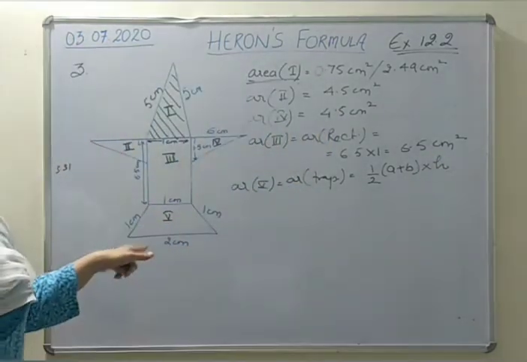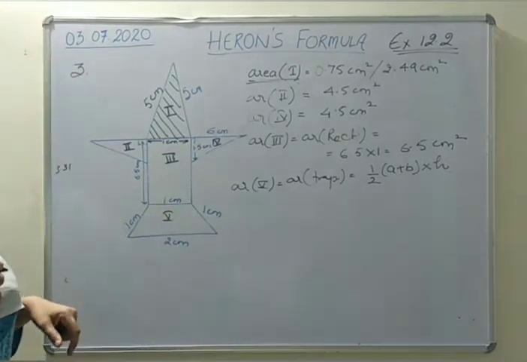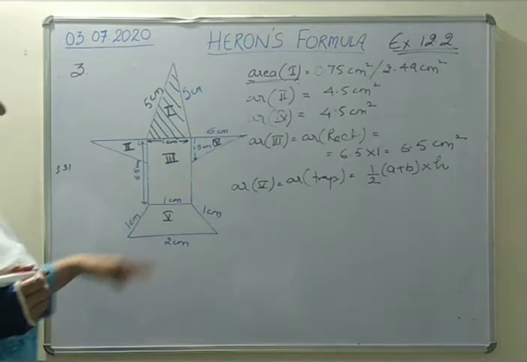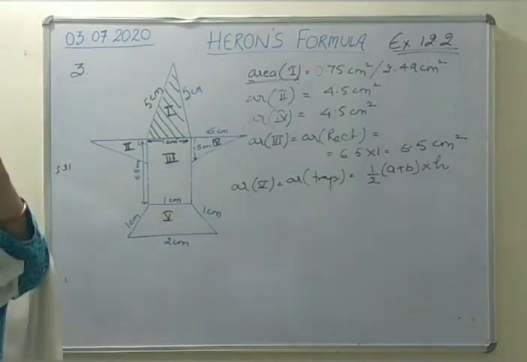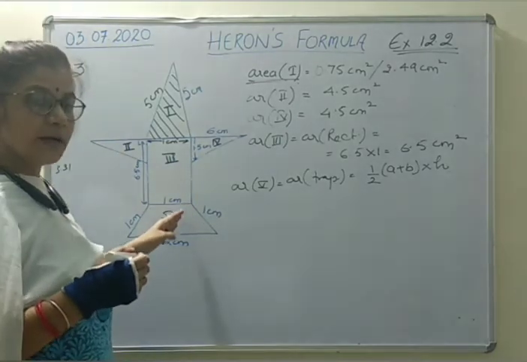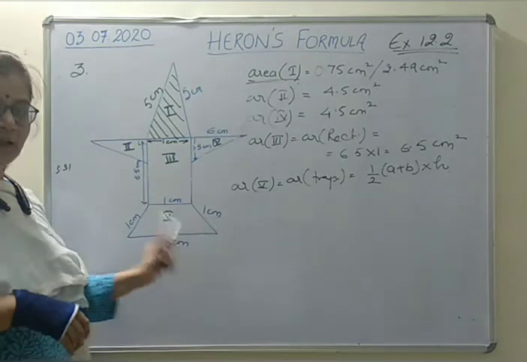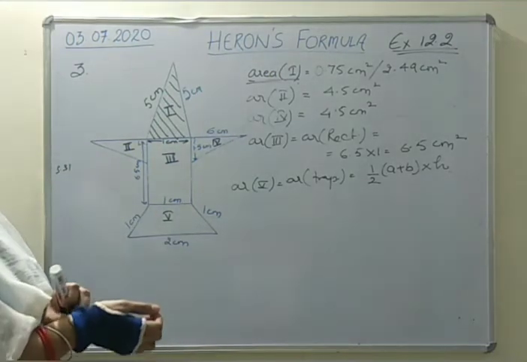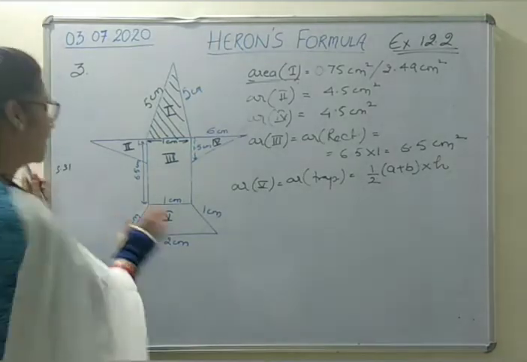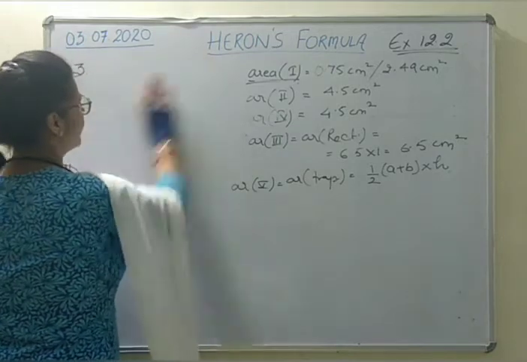And here in this figure, we do not have the height. What do we not have? Height is not there. So first of all, what do we have to calculate? We have to calculate the height. And to find the height, we have to do a construction. We will find this height by construction. Now I am rubbing this figure, okay? You all have it in your notebook, so you can see it again.